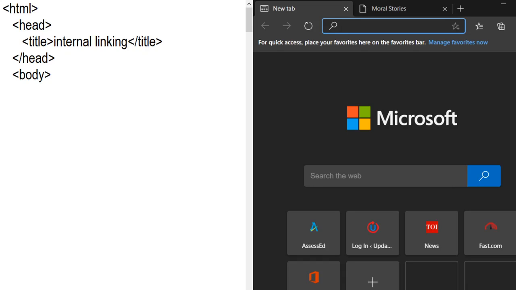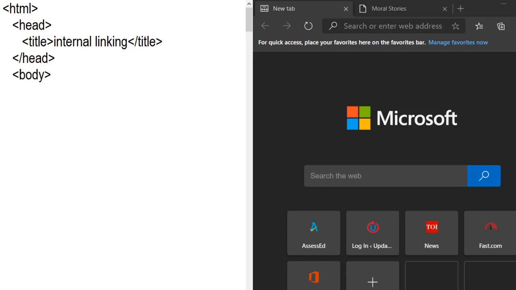For example, in a web page, we create different stories. We have already written different stories, and in one file, we have written the thirsty crow and the greedy dog. You can write so many stories in a web page. Now you want to create internal linking. When you click on "go to thirsty crow," you can directly move to the thirsty crow. When you click on "go to baba black sheep," you can directly move to the baba black sheep. So how can you create internal linking?